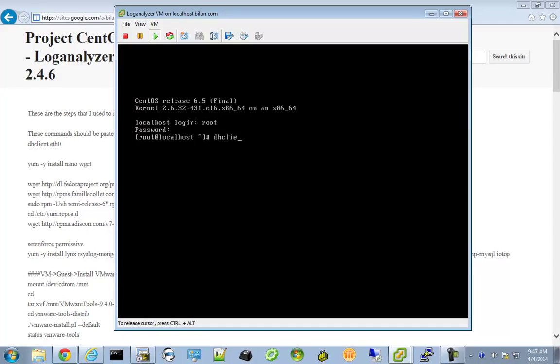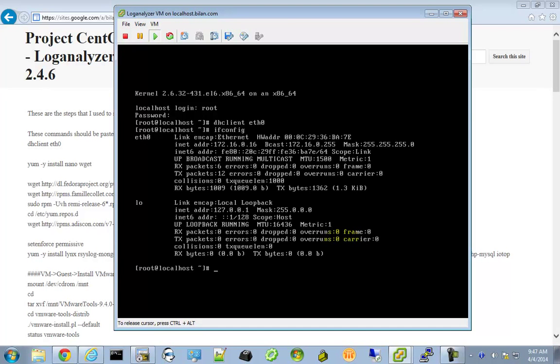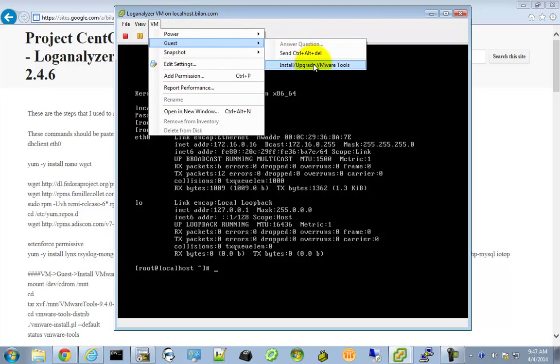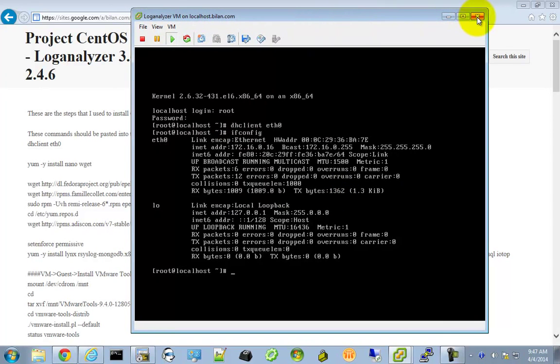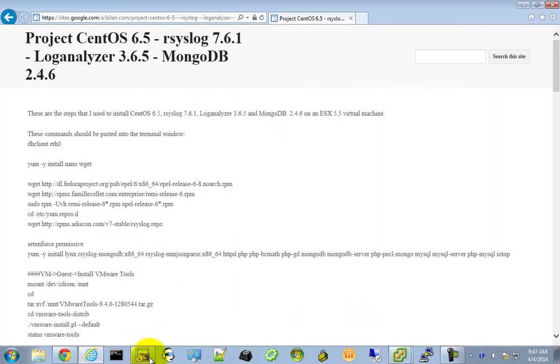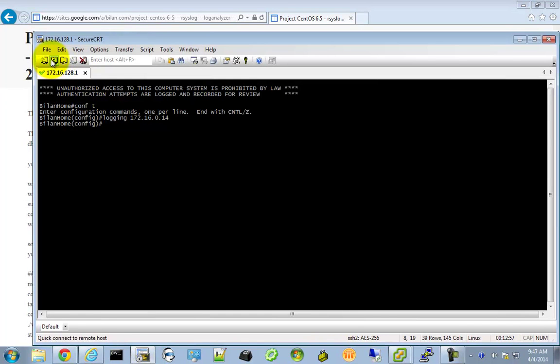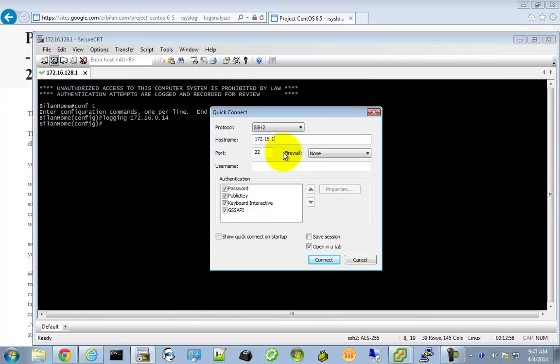Okay, so first thing I'm going to do is get it on the network so I can get out of this VMware console. All right, its address is 172.16.0.16. Before I close this console, I want to install VMware Tools later, so I'm going to insert the VMware Tools CD. So we're kind of done with that for now. So we set it with 16, right? So we're going to create a